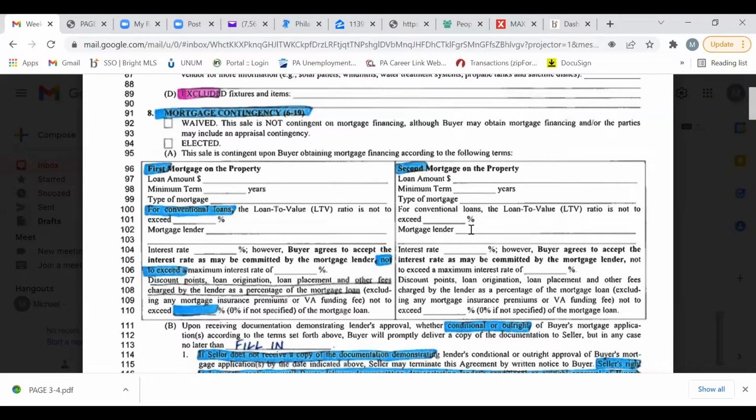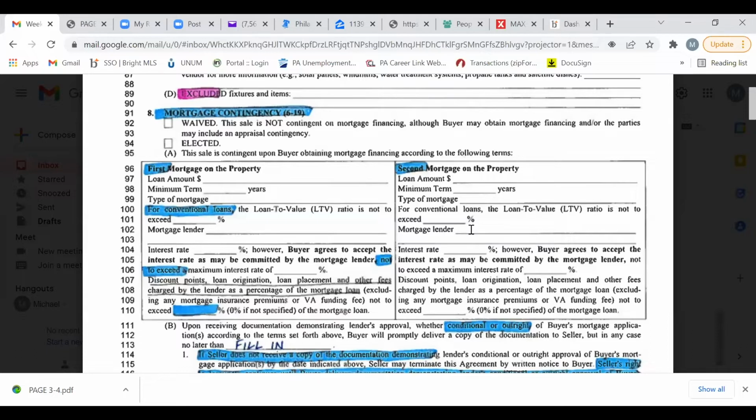The first thing is the loan amount. What's the loan amount that we're following for this mortgage contingency? How much is the buyer borrowing to buy this house? What are the terms? How many years? Type of mortgage. Is it conventional 5%, conventional 20%, FHA, VA, PHFA, USDA? What kind of loan are we talking about here? The next line states for conventional loans,